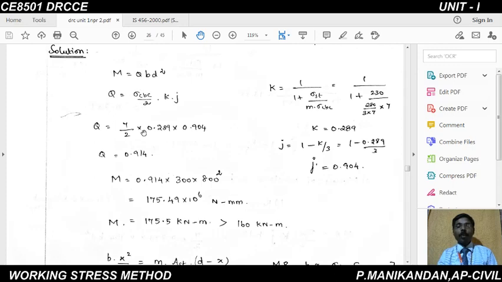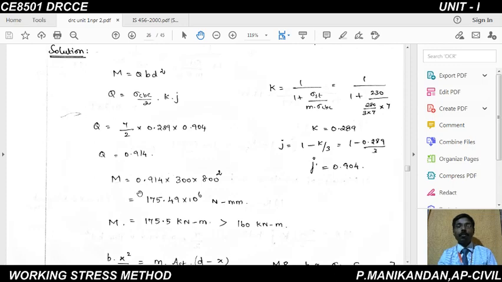As they have given the moment value as 160 Newton per mm square for the given cross section of 300 by 800 mm, we have to find out what is the moment value for the given section. For that, here we are going to find out the value of moment for the given section. M is equal to